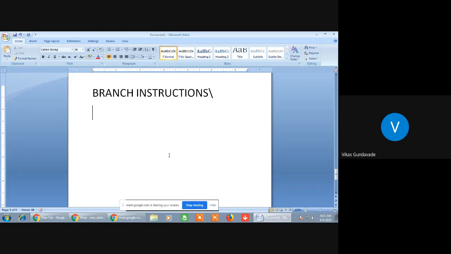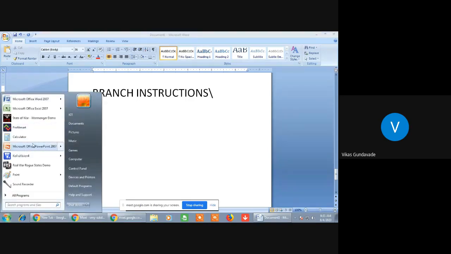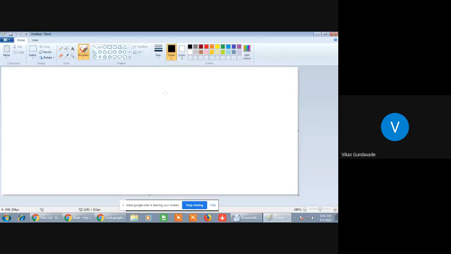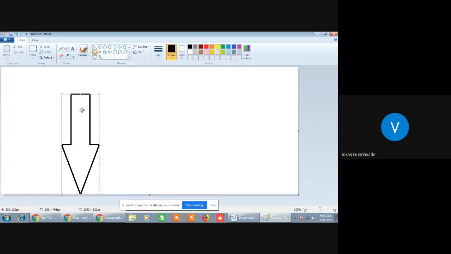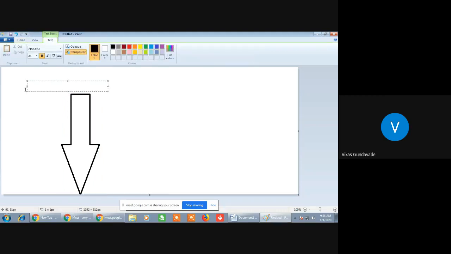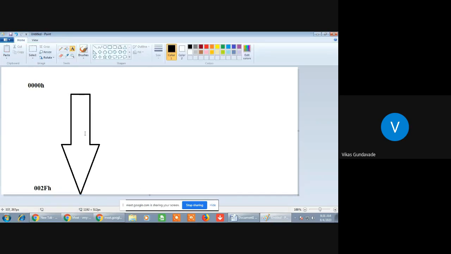Everyone got it? We'll take a simple example. Suppose the programmer has written a simple program with a flow like this. The program starts here at the initial location 0000H and ends at some location like 002FH. Up to this location, the program is available.